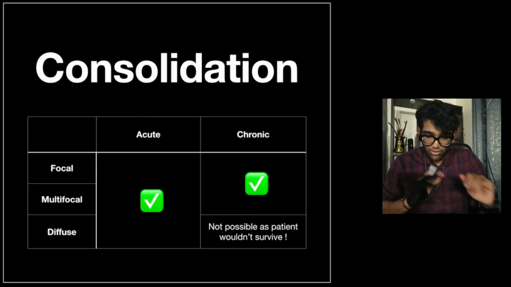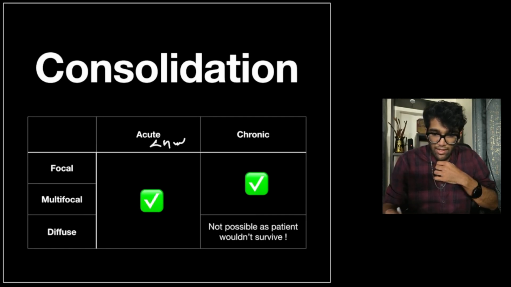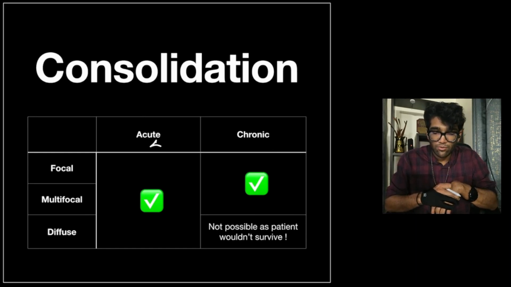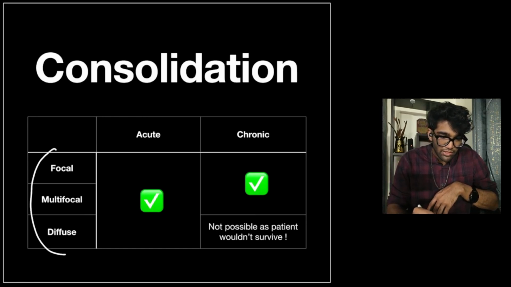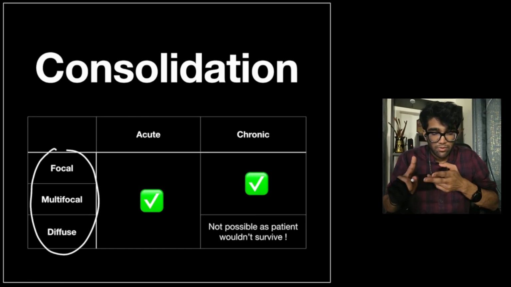Okay. Now the thing is that chronic would mean more than 4 weeks. Okay, there are some imaging patterns or concomitant findings that would indicate acute versus chronic pathology. For example, fibrosis would indicate chronic pathology. However, we'll get into the weeds of it later. Depending on how diffusely it involves the lung, it may be a focal pathology, it may be a multifocal pathology, or it may be a diffuse pathology, and